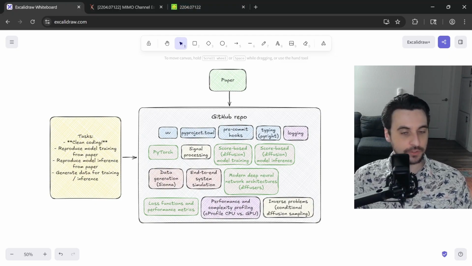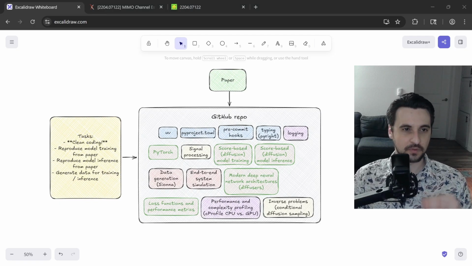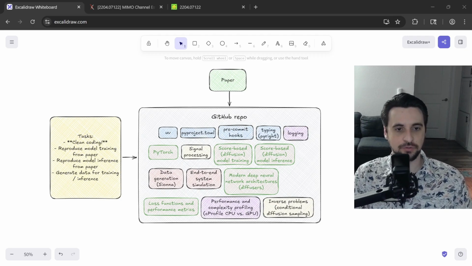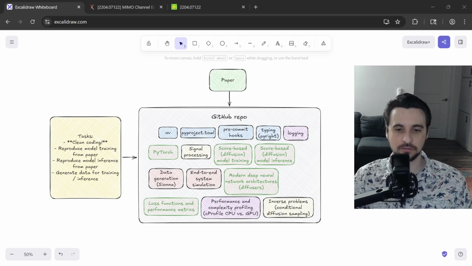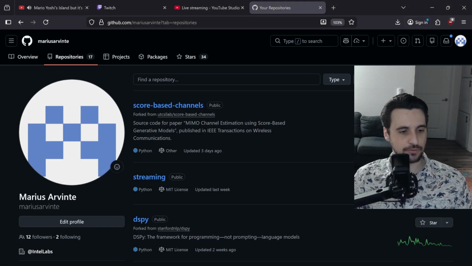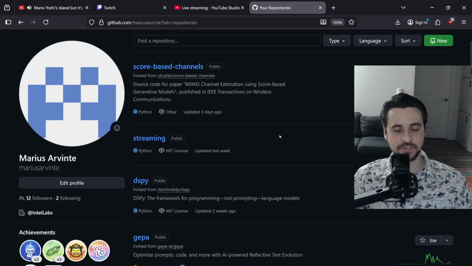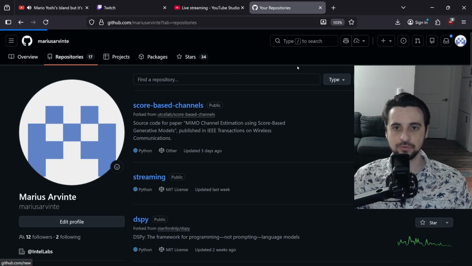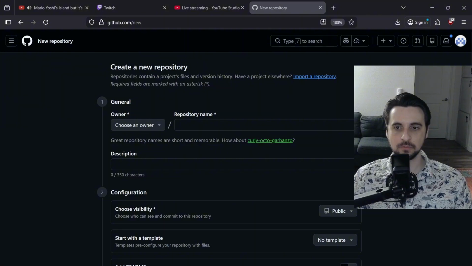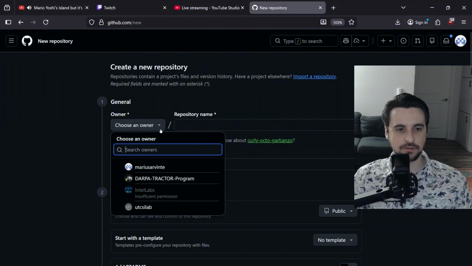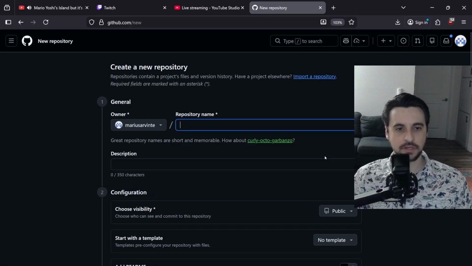Okay, so the first thing you want to do is we have nothing, right? So we should create the new repo. The first thing you have to do is you need to log into your GitHub account, okay? And you just go to your repositories tab, and let me share that window. Okay, so you just go to your repositories tab and you hit the new repository button, okay? We're gonna do this, and you'll be the owner. Okay, so pick your own account here,